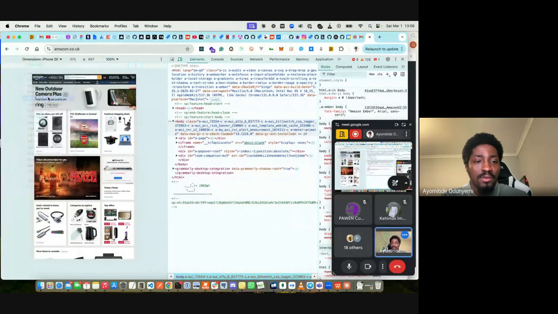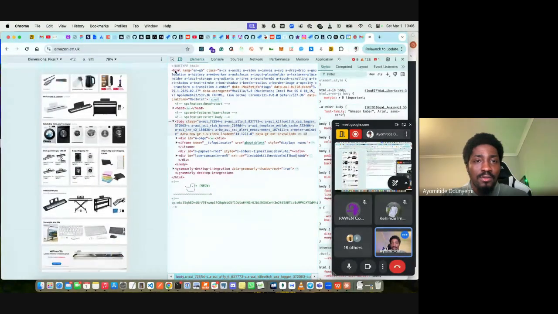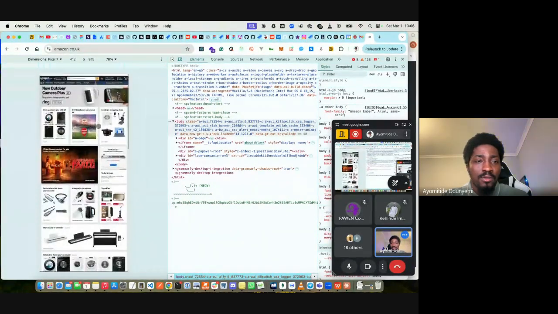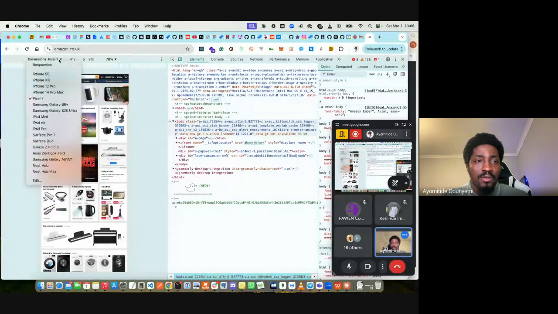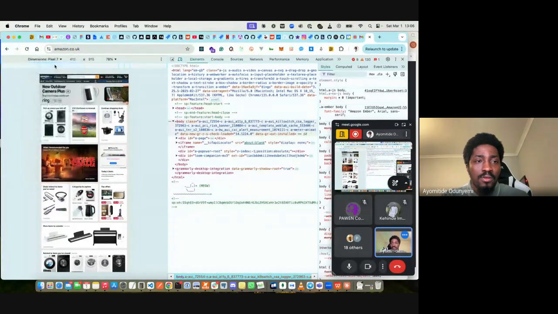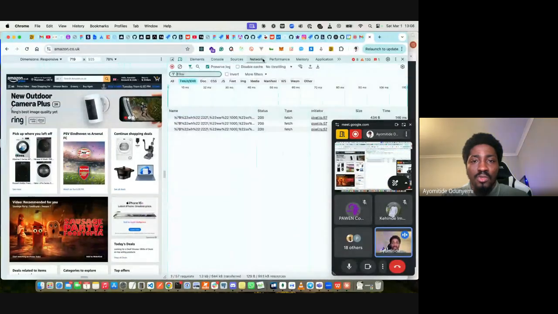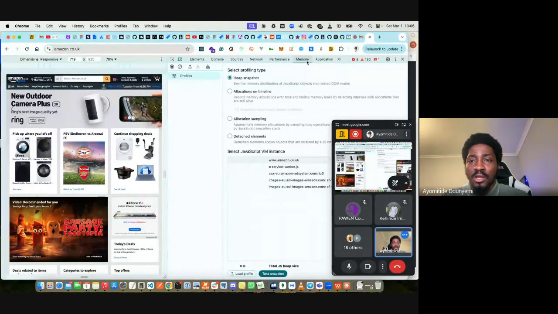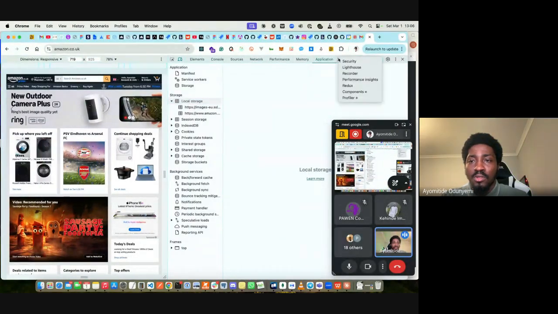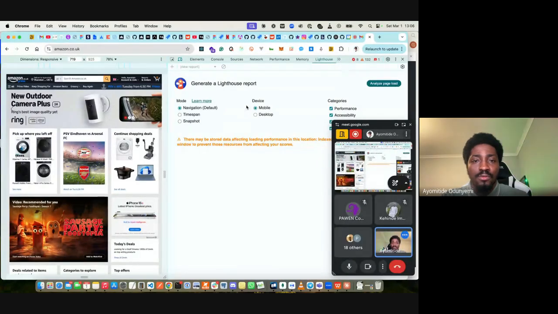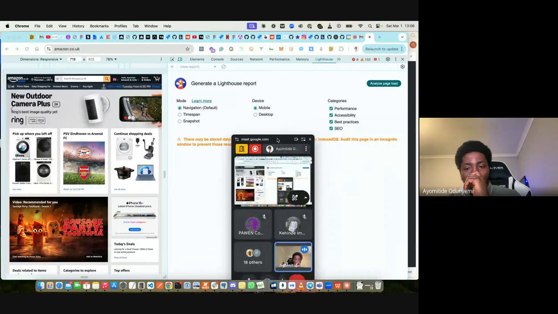Elements, console, source, network tab, performance, application. So now you see there is something called Lighthouse. Now, this Lighthouse report is